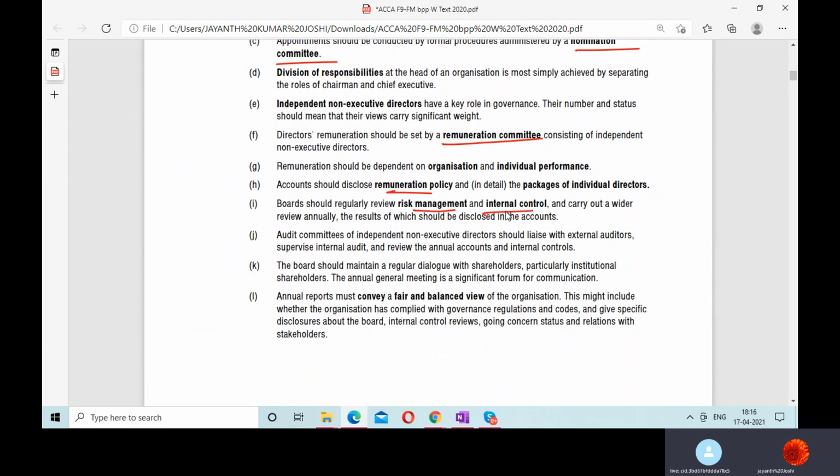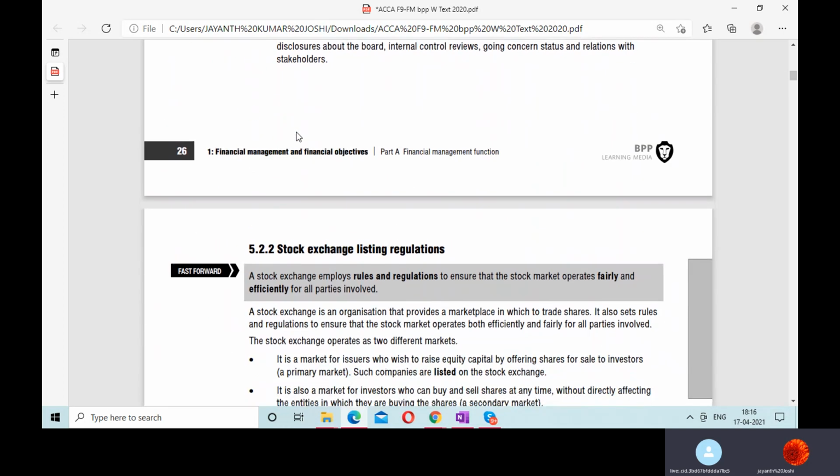Risk management and internal control are very important for internal audit. If you have done the audit subject, you definitely know this. Risk management today is clubbed with audit. You know about risk management, risk minimization, hedging the risk, that means reducing the risk. I told you about insurance the day before yesterday, one of the ways you can reduce your risk. All these things should be seen in the company.